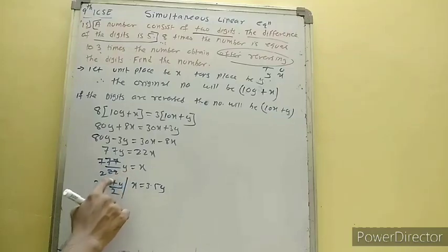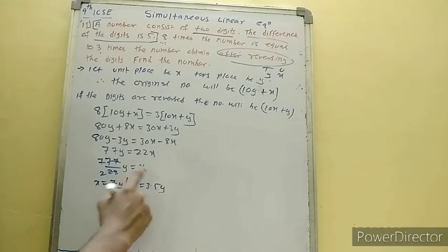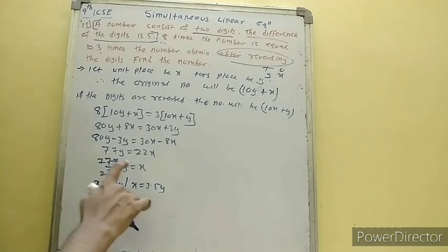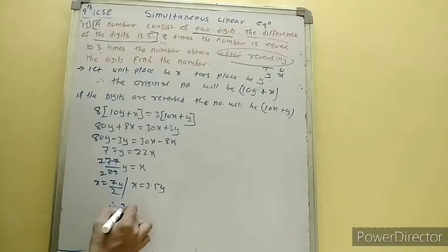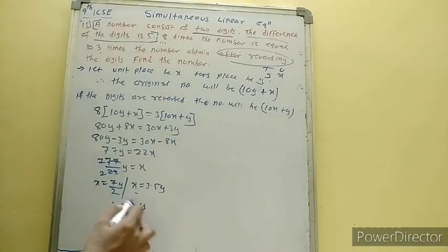7 upon 2y. तो इसका मतलब क्या है कि value of x is 3.5 times y. उसको अगर x का वैल्यू निकालने का है तो y को 3.5 बार मल्टीप्लाई करने पड़ेगा. इसका मतलब क्लियर है कि value of x, therefore I can say that value of x is greater than y. Whatever will be the value of y, 3.5 times will be the value of x. Okay, so I can say that we know that x is greater than y. Now I can say that difference between the digits, therefore x minus y is equal to 5. That is equation number 1.